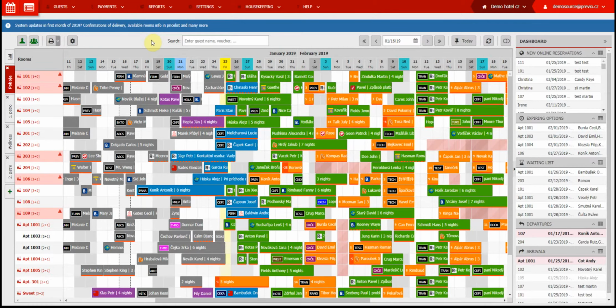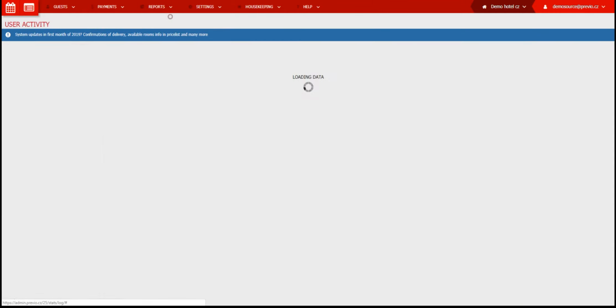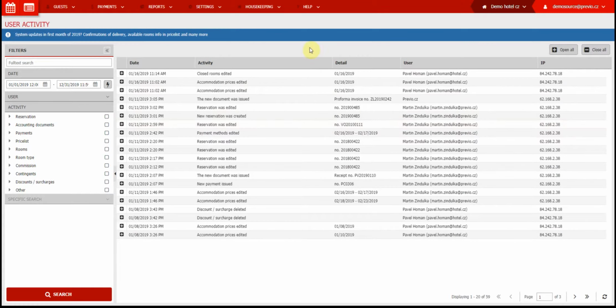The second reason is the user activity module. Each action made in our system is recorded in this module, so you can easily find out who did what, who changed the prices, who deleted reservations, who issued documents, etc. This is very important for hotel management or the head of reception. If you only have one user, you won't be able to keep track of anything or hold your employees accountable